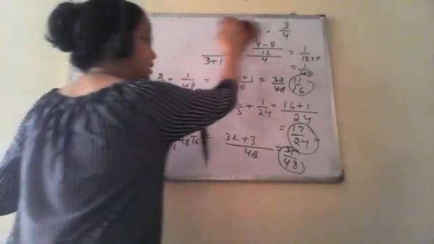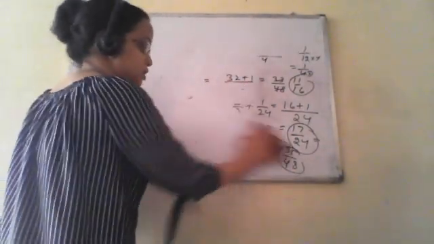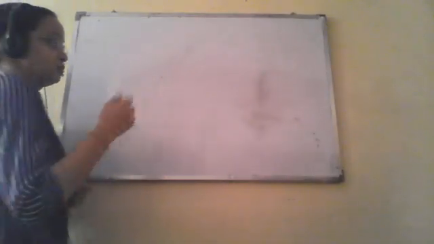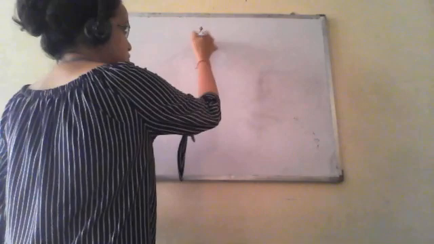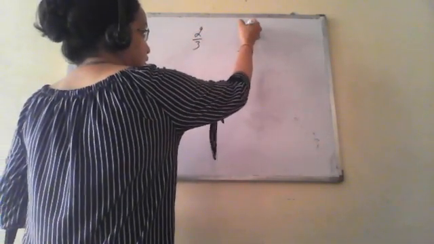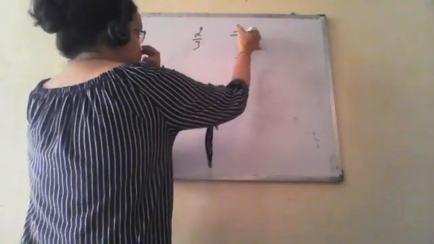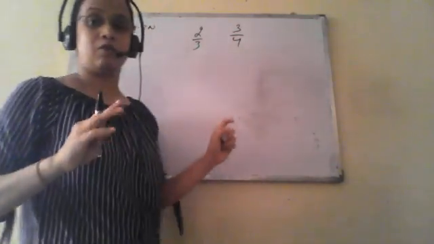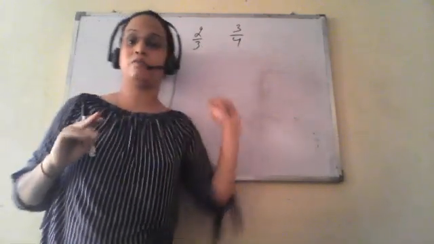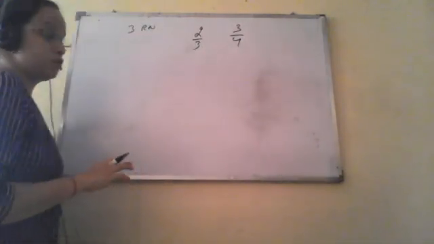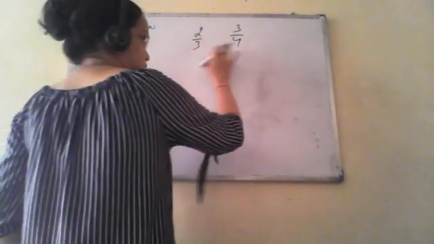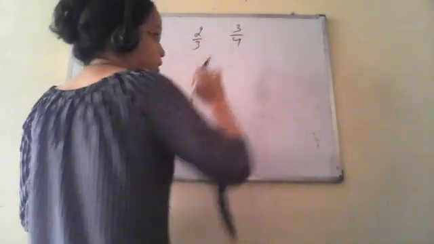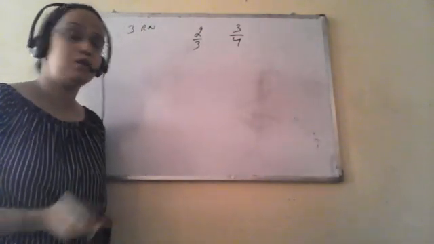One more method I will tell. This is simply the extended version of this. Okay. So in simple terms, this was 2 upon 3 and this was 3 upon 4. We have to find three rational numbers in between. So these are unlike fractions. So what we have to do, we have to convert them into like fractions. In order to make them like fractions, we have to make their denominators equal. So in order to make the denominators equal, you have to find their LCM.